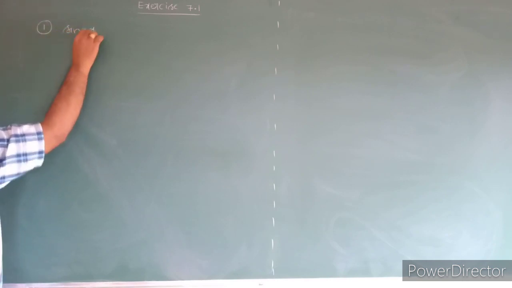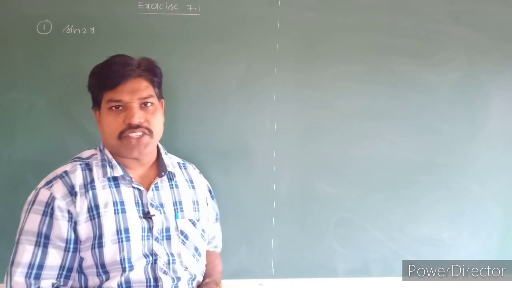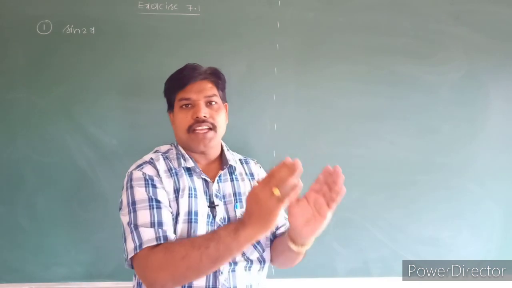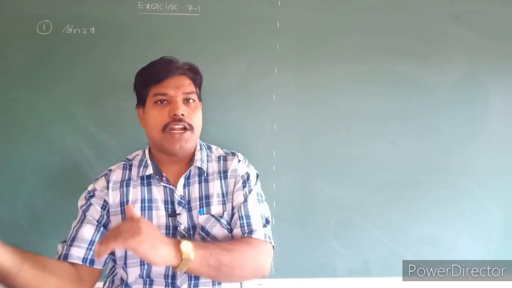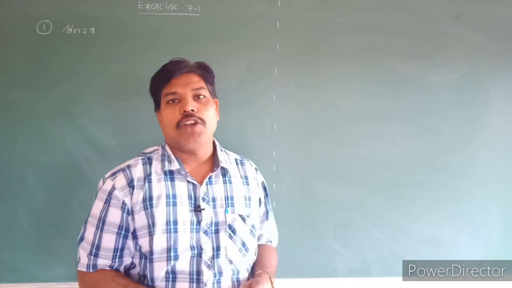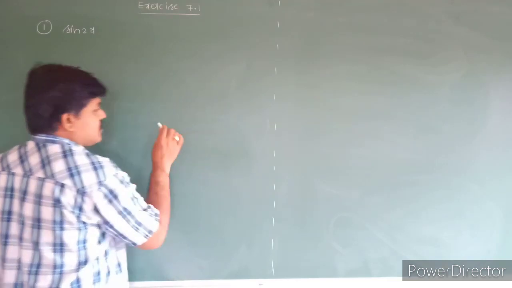Sin 2x. So what is the method of inspection? Inspection is nothing but we are given the formulas list. What we did was take some function and differentiate it. Then if you apply the integral to that outcome, it will give you the original function. That is called the inspection method.